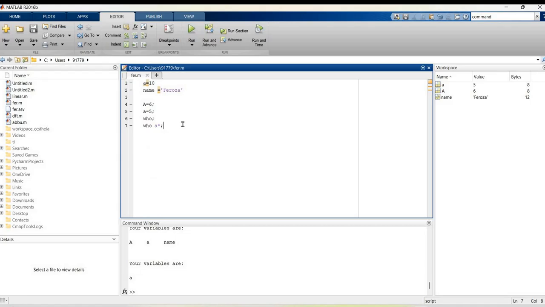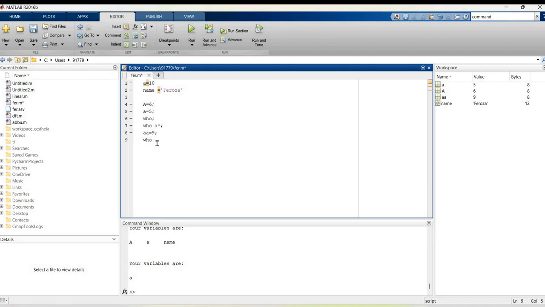Suppose I write one more variable, double a, aa is equal to 9. This variable will be added here. See, in the workspace, one more variable is added. Now I will write once again the command who.